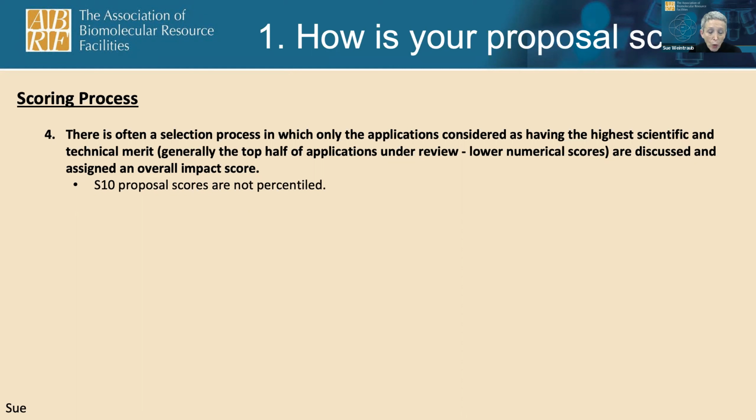Anything that has gotten a score is at least in a category that could be. And as I had mentioned yesterday, on a review panel, it's absolute: we don't use that word funding. We're always talking about the scientific merit and impact, because as you'll see here on the slide, S10 proposal scores are not percentiled, and different panels have different ranges of scoring. And so it really is how your score is relative within your own instrument and your own panel, but there's no percentiling. Okay, on the next slide,